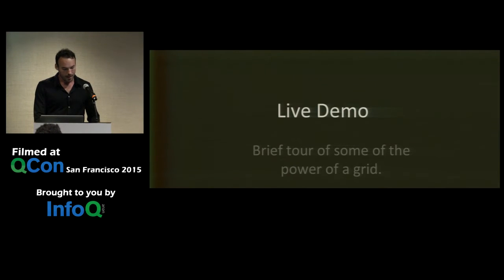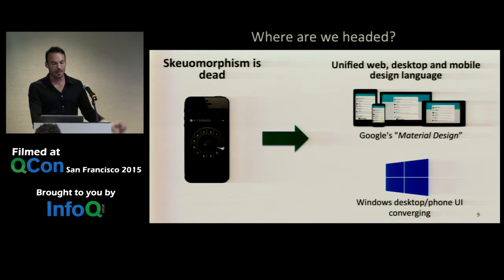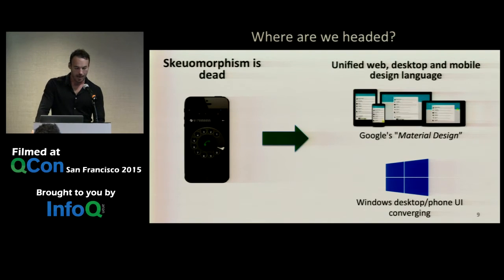We can't build the app twice or more, and we can't use a mobile-specific framework and rely upon it for our desktop because they're just underpowered. So we need another option. And to find another option, we need to revisit the basics of why we got the idea that we needed a mobile-specific framework for our